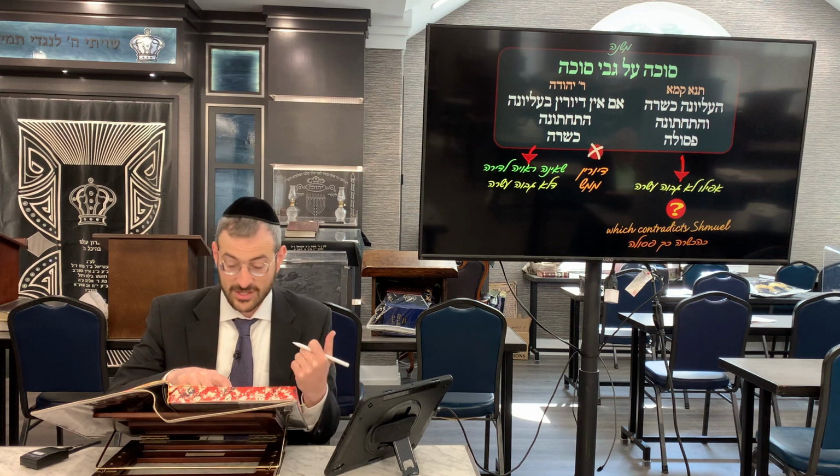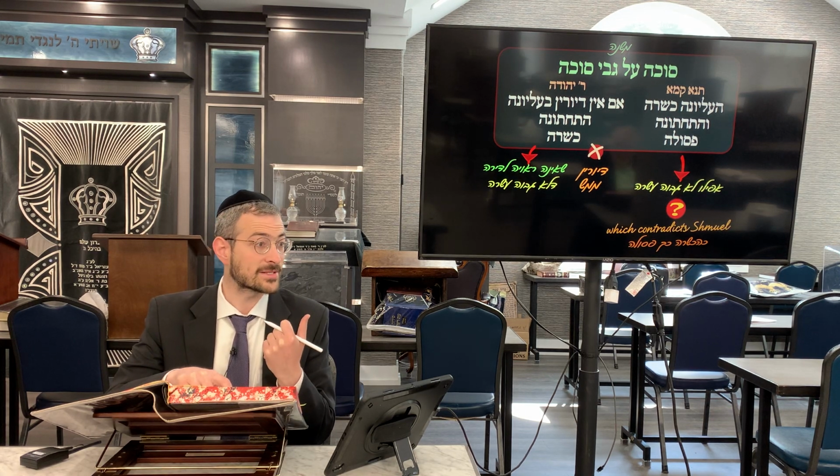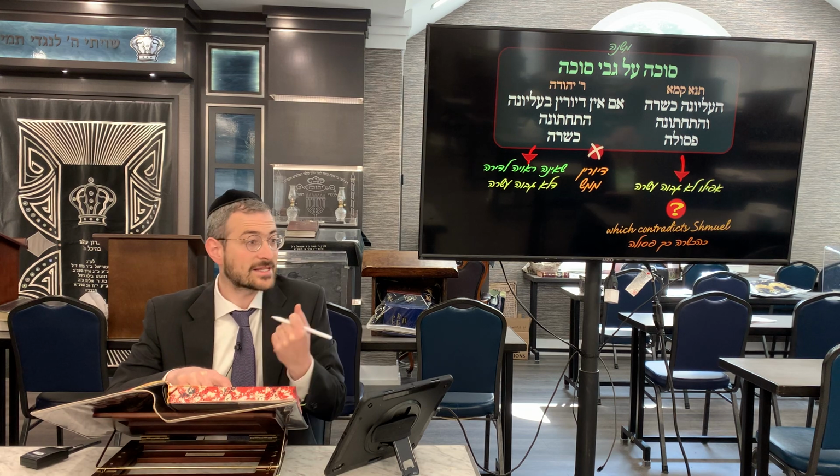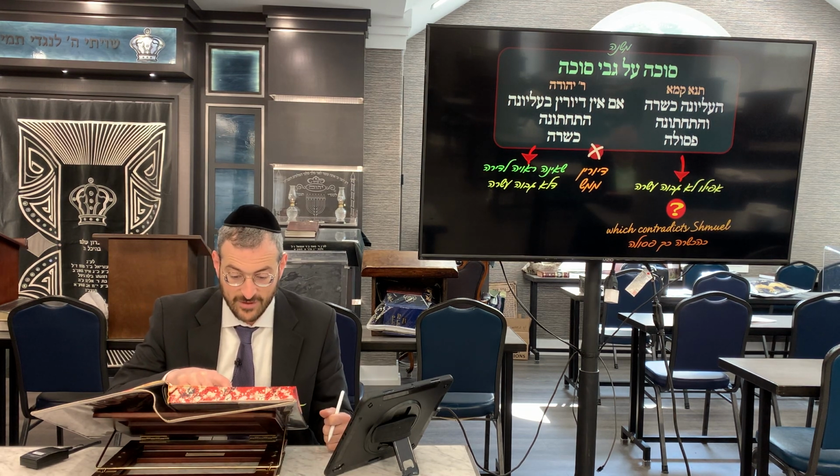So you see, not like Shmuel from the Rabbanan, because Shmuel said the lower one is only going to be a problem if the upper one is 10 tefachim. And here we see clearly that's what the disagreement of Rabbi Yehuda is saying, that no, it's going to be a problem even if it's less than 10 tefachim.